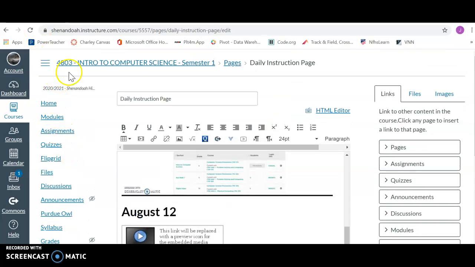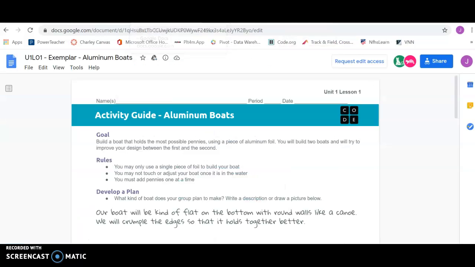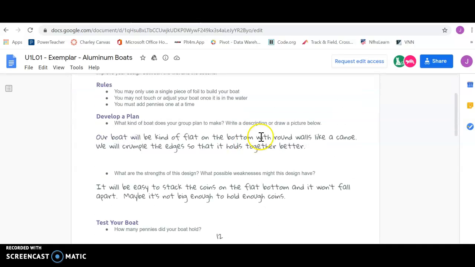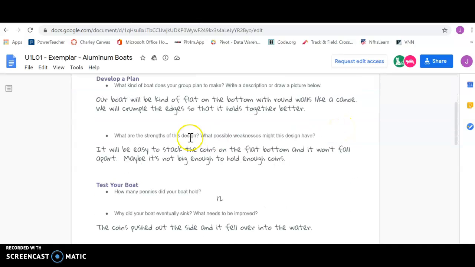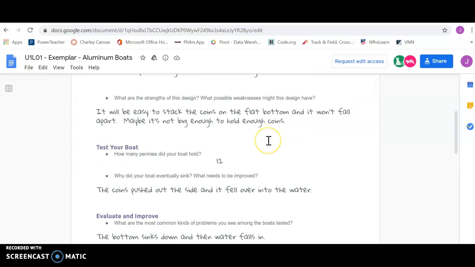Digital applications for August 14th. Let me get to the right screen. All right, so yesterday on Thursday, this is your activity guide for the aluminum boats. So you need to read through and follow directions. This is what it should look similar to. So you're going to be filling it out in paragraphs,